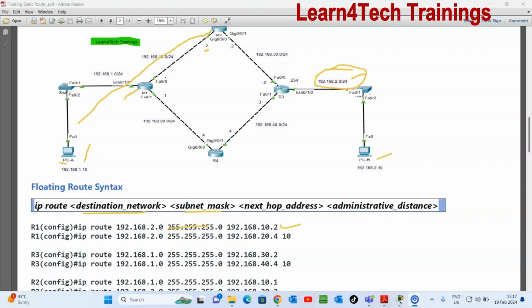and as a primary static route, by default we have an AD of 1. So this is our first route, the primary route. Let's go to the floating static or the backup route, this one. It says that IP route to reach this network,